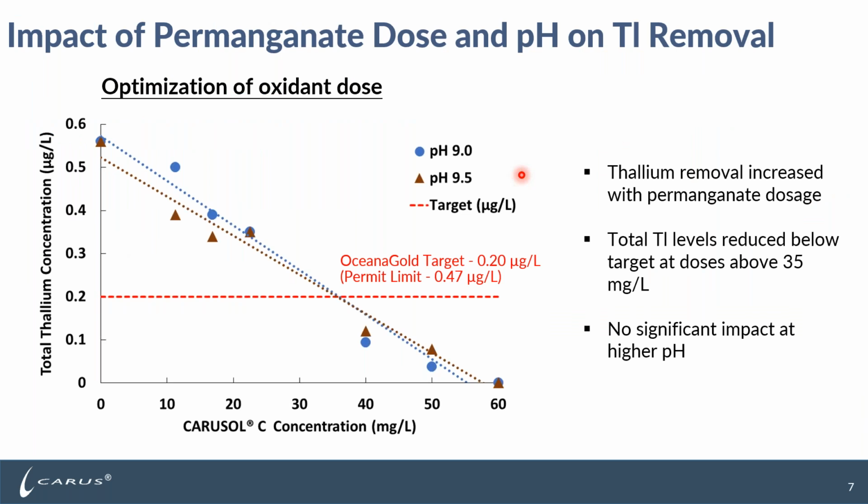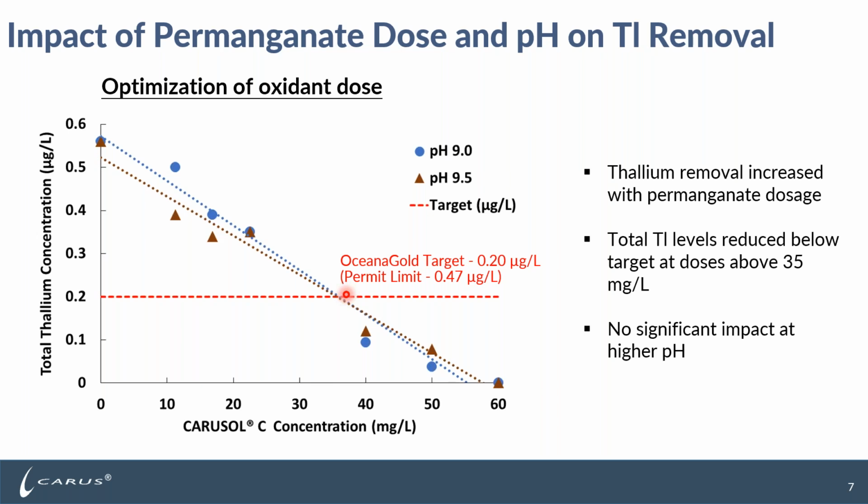So let's look at some of the key data from this particular study. The first data set here shows the Carusol C dose response for total thallium removal. The plant operates at a pH of around 9. So if we focus just on the blue data points here, we can see a clear linear response for thallium removal and an optimized dose of around 35 ppm. This dose was able to reduce thallium to the target level of less than 0.2 micrograms per liter, or ppb,